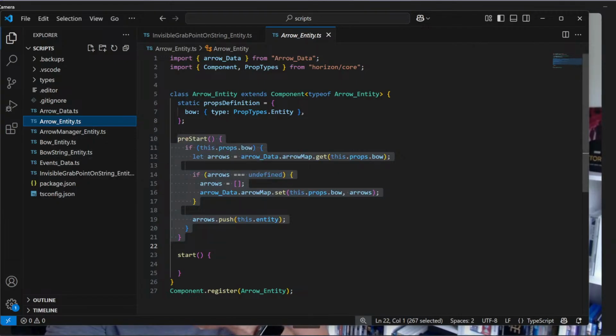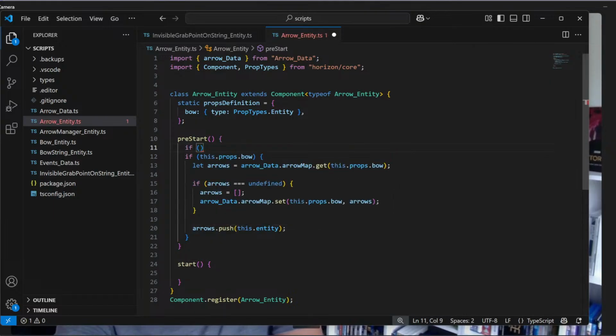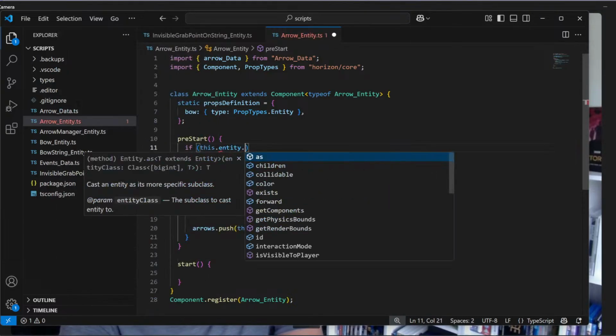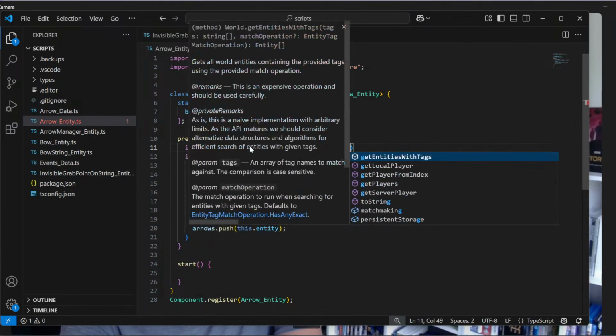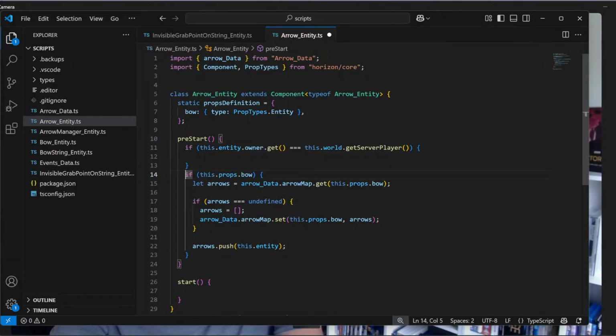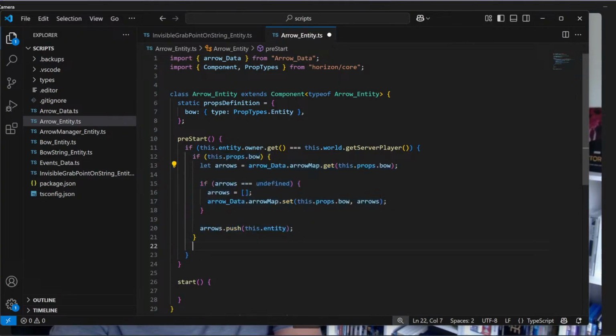So that's phenomenal. What we can do with our arrow is add this if statement here, which is going to say if this.entity.owner.get is triple equals world.getServerPlayer, that will then allow us to say only run this code when, oops, Control-Z, Alt arrow up, only run this code on world start, like the real world start. And then we can think about this script, now that the arrow is locally scripted, as having an opportunity to use a,